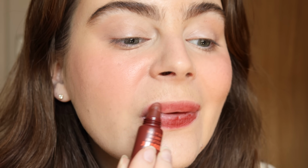It's not going to be the most forgiving product on dry lips. I mean, I have kind of dry lips right now. It isn't going to completely mask any of those dry little pieces. If you want matte and you also want a comforting feel on the lips, I think that this